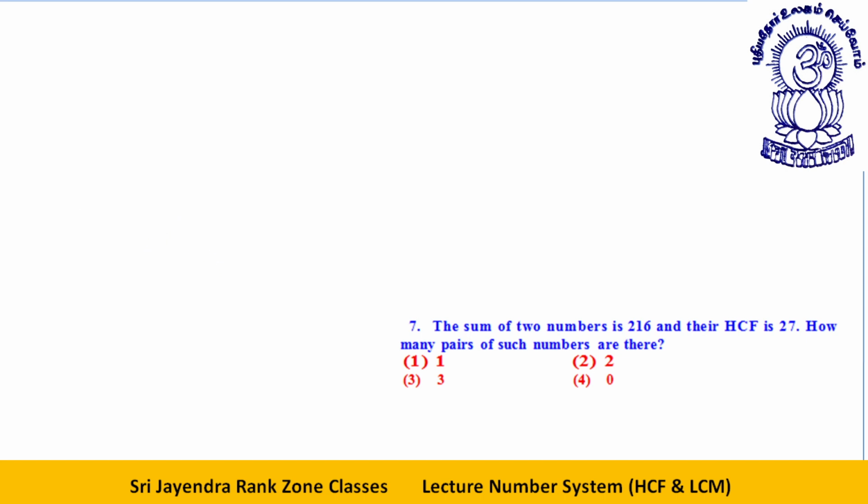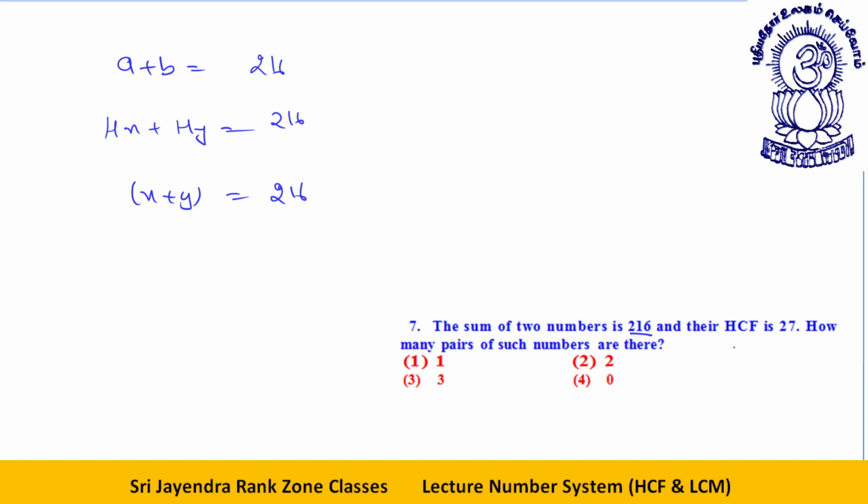Again, a same question, but this time we will be very fast to do it. We know A plus B is equal to, let's say, sum. Okay, it's 216. Now, from next time, I will be writing directly this as h(x plus y), because I know A is hx and B is hy. So we will start from here only.